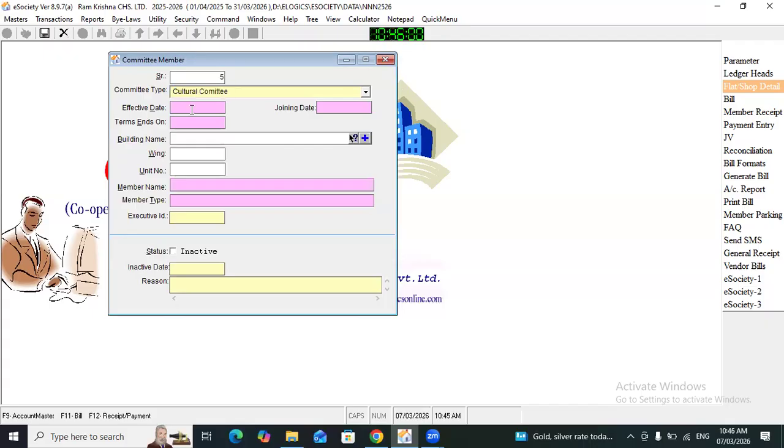Then here, effective date, enter the effective date. Enter the joining date of that committee member. And here, term end on, you have to enter the term end date.